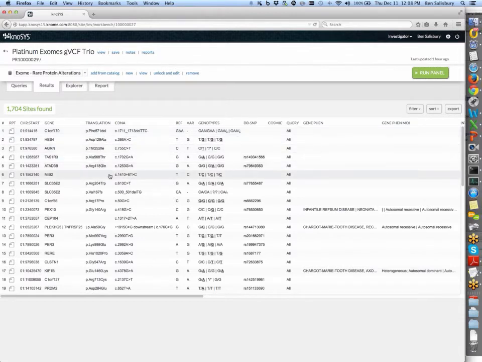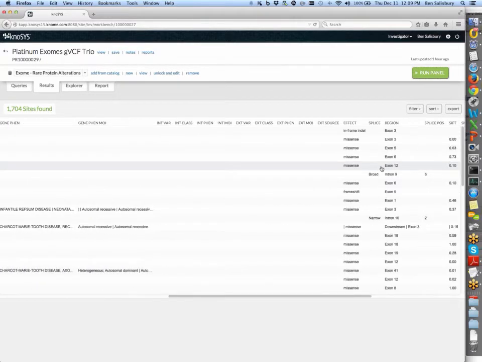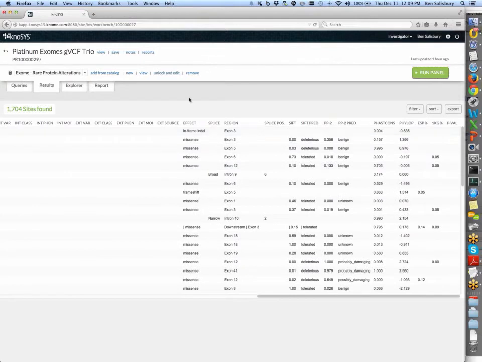Most of these are missense, some splice, potential splice alterations, and we have the genotypes. And many of these genes have been associated with various diseases. Many of them have records at dbSNP. Very few have a record at COSMIC, which makes sense given this is a germline sample. Looking over here to the right, we can see the predicted protein effects of mostly missense, some indels, some broad or narrow splice defining variants.